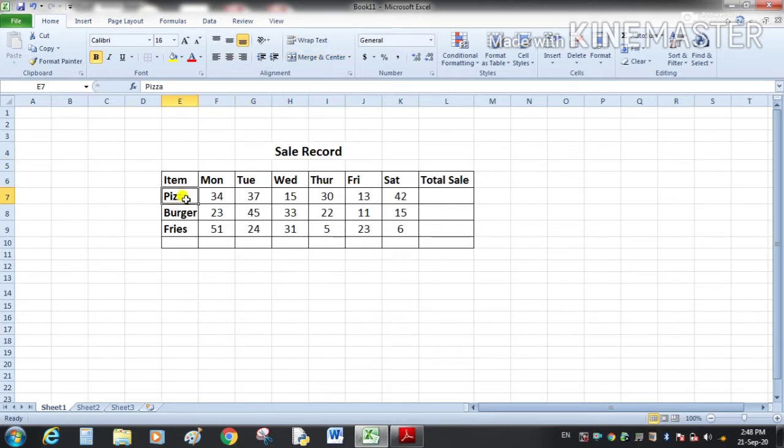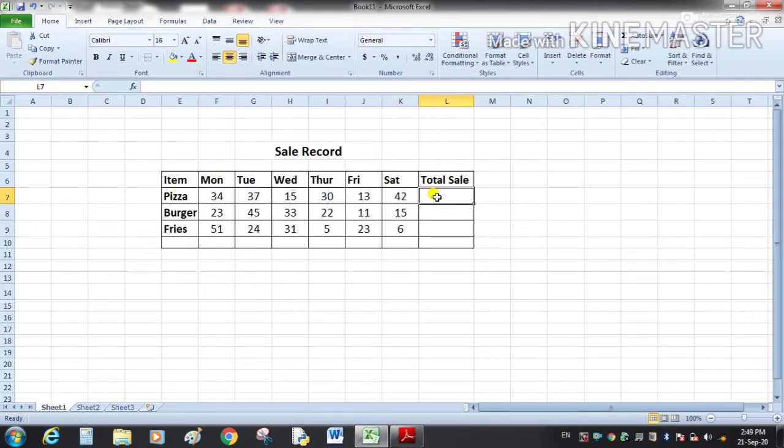Items: pizza, burger and fries, and these are the days of the week, and this data shows the sale of the various items on different days. Now in this column, total sale, I want to perform the addition of this data, meaning the total sale of the pizza from Monday to Saturday.